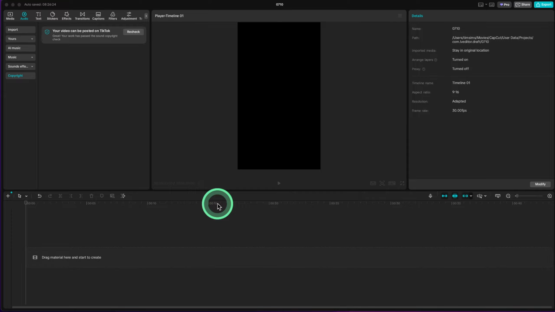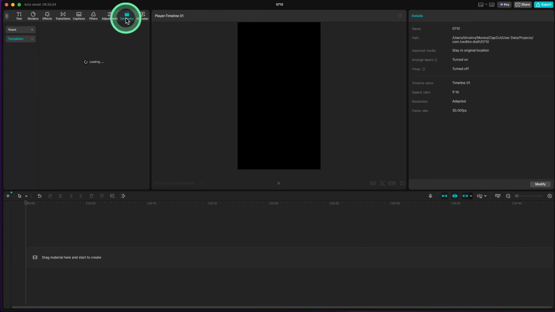Once you've opened CapCut, head over to the Templates section. You can find this on the sidebar or right on the home screen. This is the hub for all the amazing effects and templates available, so it's where we'll start creating the boat effect. Now, to find the specific template we need, use the search bar, type in boat or boat meme to